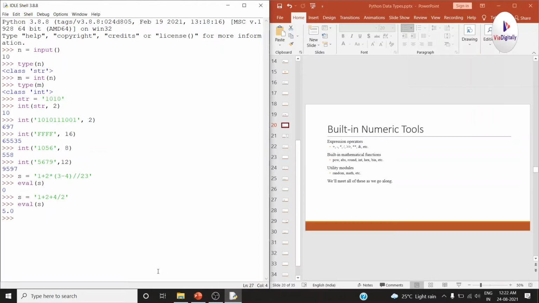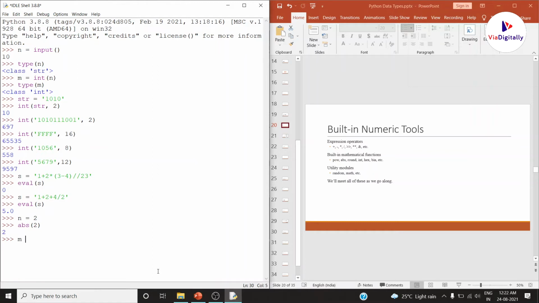And coming to built-in mathematical functions, one is power, one is abs. Power we already discussed using 2 star marks in operators. Now let us see what abs actually is. Abs is nothing but the modulus value. For example, n is equal to 2, abs of 2, what are we going to get? I am going to get 2.